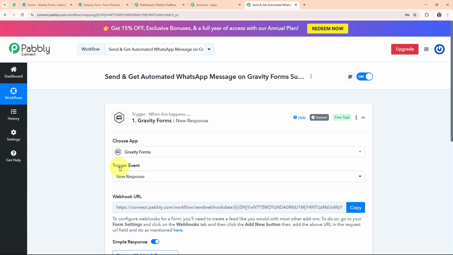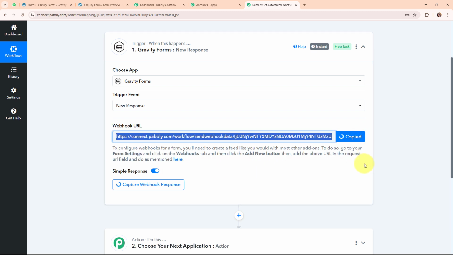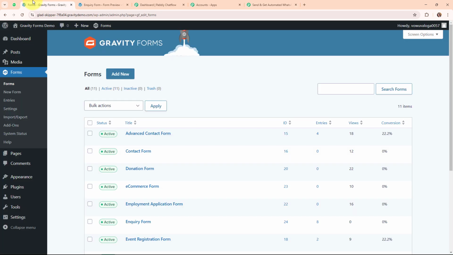Okay, so now after selecting my trigger event, you can see I've received a webhook URL. That means here I'm going to use this webhook URL to connect my Gravity Forms with Pabbly Connect. So I'm following the instructions given below. Firstly, I'm going to copy this webhook URL, and here I've already logged in to my WordPress account. So as you all know that Gravity Forms is a plugin of WordPress, so here I've already installed that plugin,